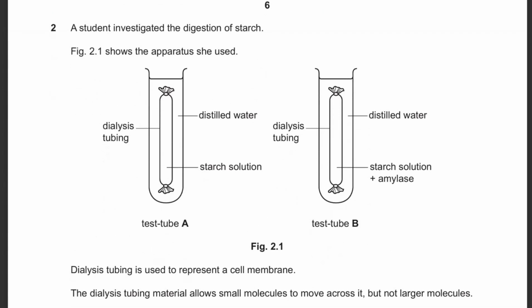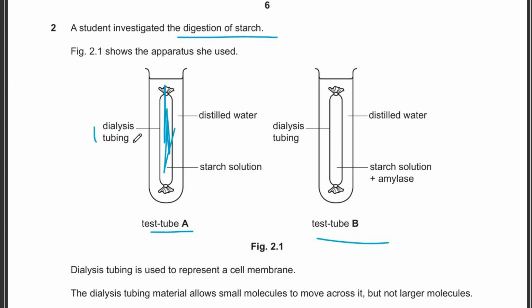Question number 2. A student investigated the digestion of starch. Figure 2.1 shows the apparatus she used. So the apparatus is test tube A and test tube B. Both the test tubes have the tubing. This is the tubing, and that is actually dialysis tubing. They are using the word dialysis tubing. Then we have distilled water outside, and we have the